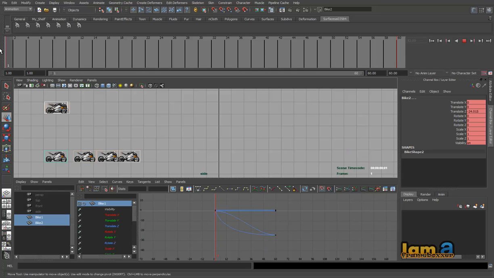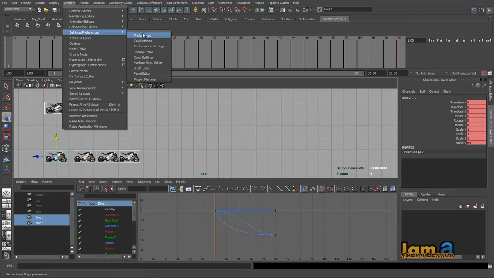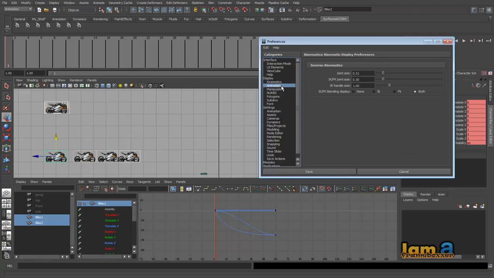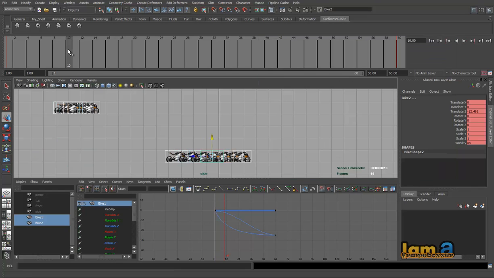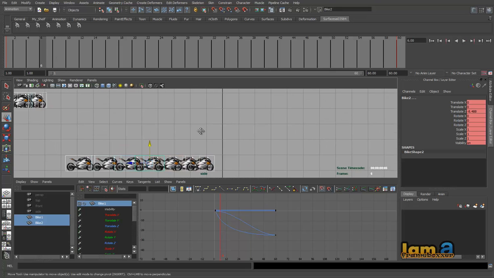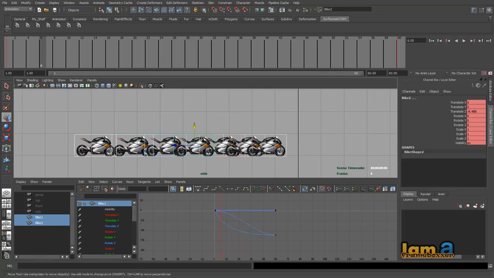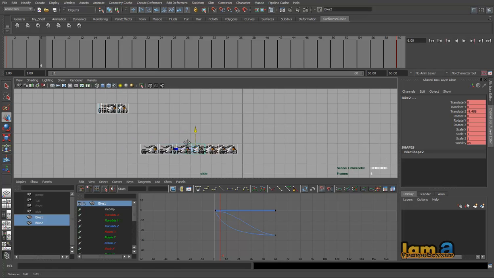You remember the values of ghosting to be 3 and 3. If you remember, when we saw this, it was 3 frames before and 3 frames after the current frame. Let's say we go to the 6th frame. Now you can see this. The green one is the actual position at the 6th frame, with 3 frames before and 3 frames after. That's the meaning that we gave it in Ghost, and it will help you see the previous keyframes so that we can easily understand what's happening around.